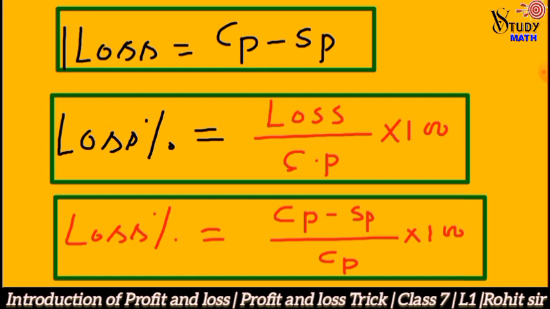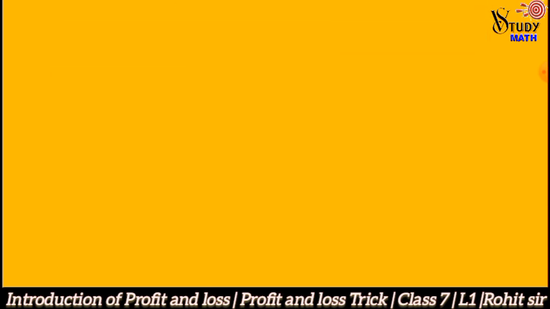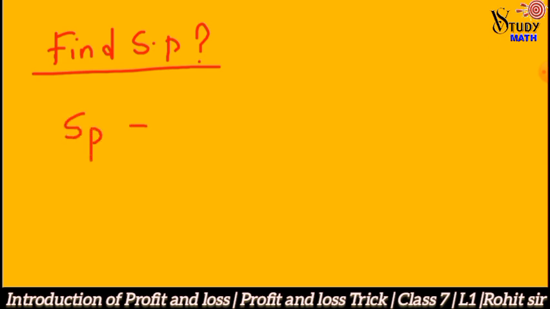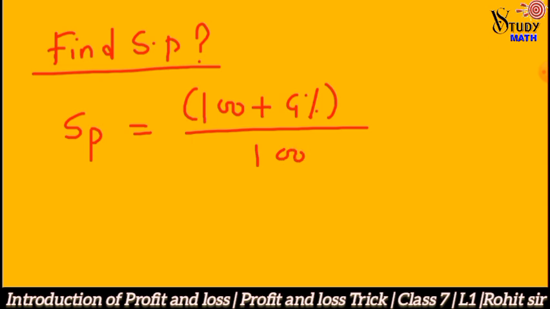Now we have to know more formulas. As right now we understand what is gain, what is loss, what is gain percent or profit percent, and what is loss percent. Now the next formula is, if you have to find SP in the question, then what is the formula? The formula is that SP is equal to (100 plus gain percent) upon 100 multiply CP. This is a very beautiful formula